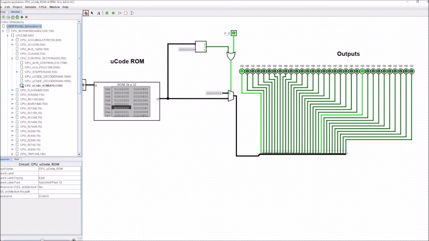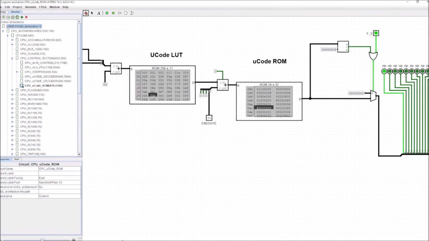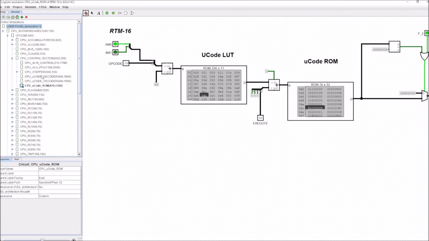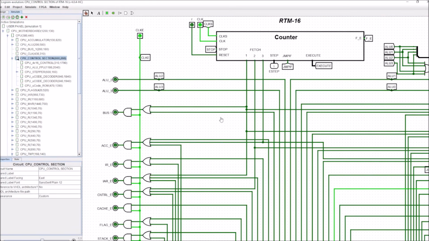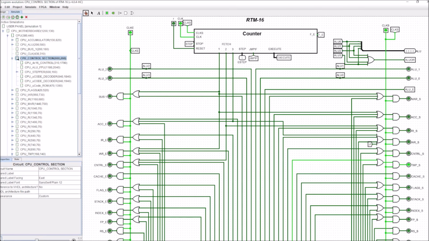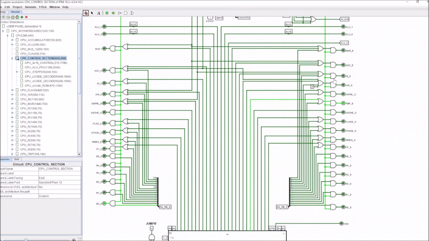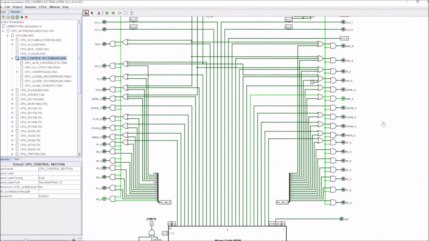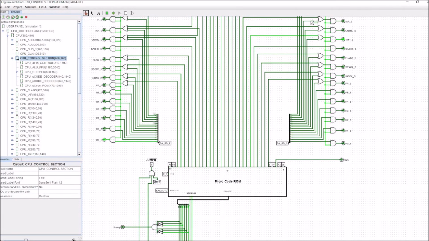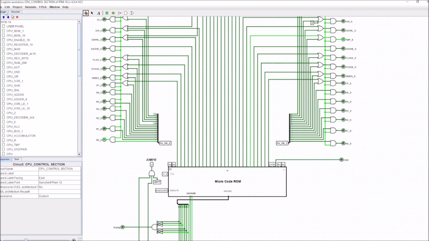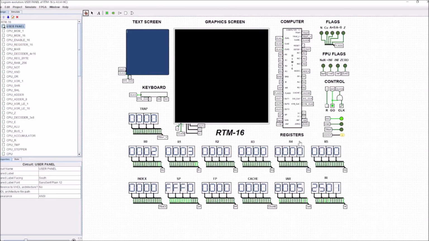And these 32 bits pass over to the level above, which is the control section. And these control all of the sets and the enables. So it means that we can move on to the next part of the micro instruction. So if we clock this through,